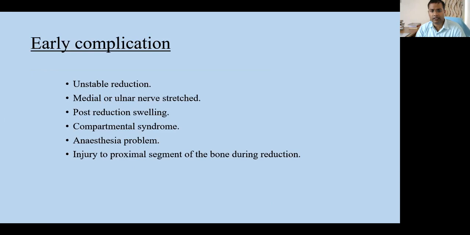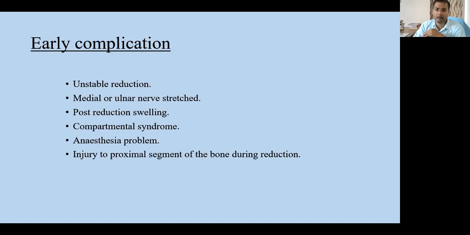Then what are the early complications that can occur in the Colles fracture? First, instability. That is very common, instability in the reduction. If your reduction is not proper, then it will be unstable and can again have displacement if you are not immobilized properly. Median or ulnar nerve stress, because these nerves pass through this very short carpal tunnel. From there, the median and ulnar nerves pass. While reducing, or sometimes after the fracture due to displacement, these nerves can be compressed, so that can cause a tingling sensation or hypoesthesia or paresthesia or anesthesia in these fingers and the distal part.